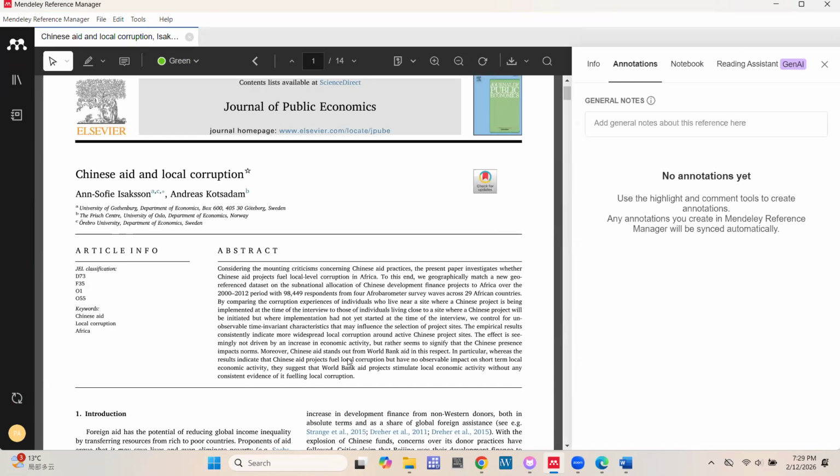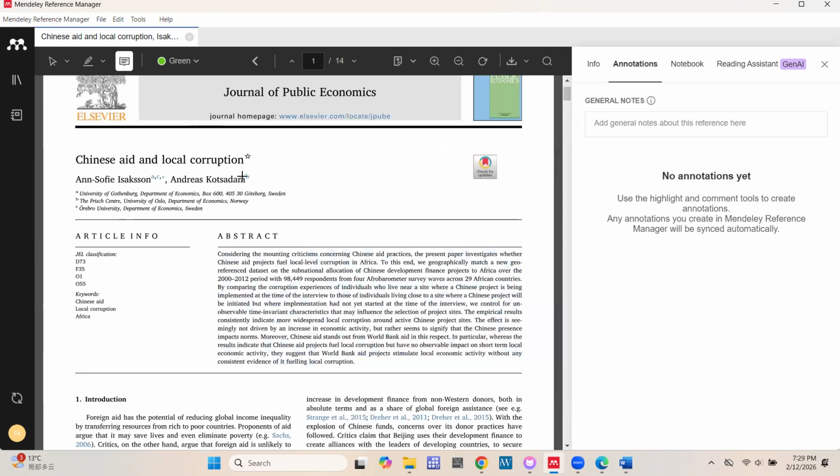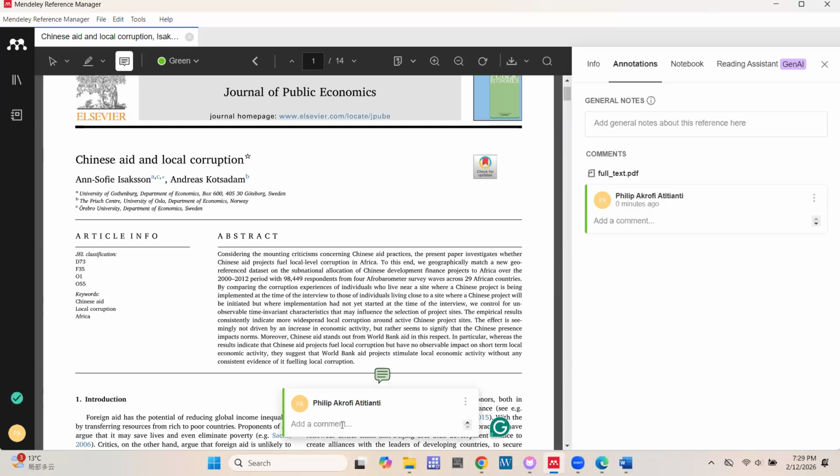All right, so let's add a message here. This is a great paper. Once we keep it, now it will keep a list of the notes or annotations we make for this particular document. And then we can access it anytime we come back to this particular article. So this is a feature that if you find useful, you can also make use of.